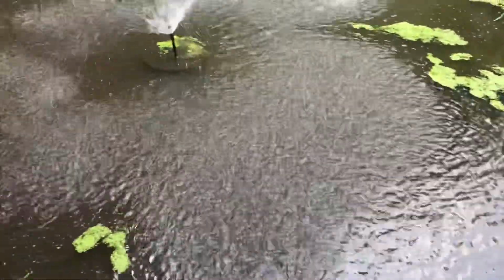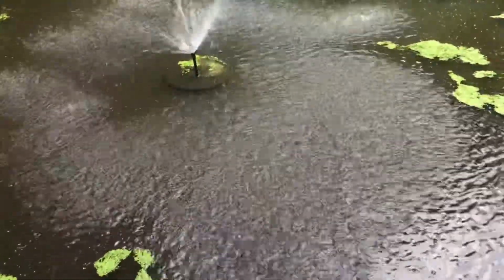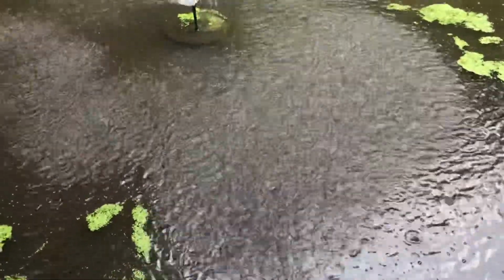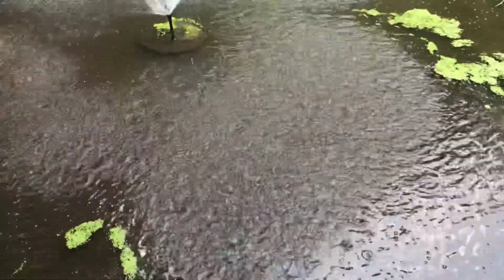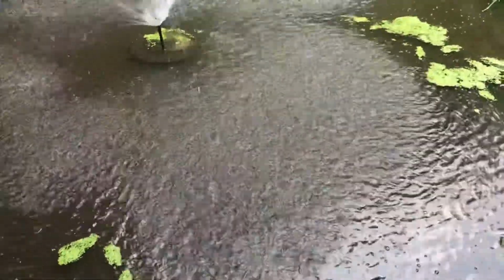So after a year or so, we dropped a couple koi fish in, and they survived. So at one point we had about 10 koi fish in here, and